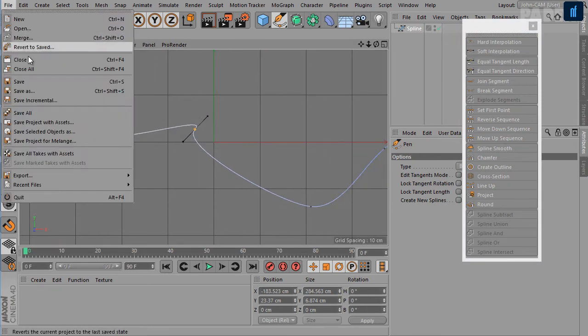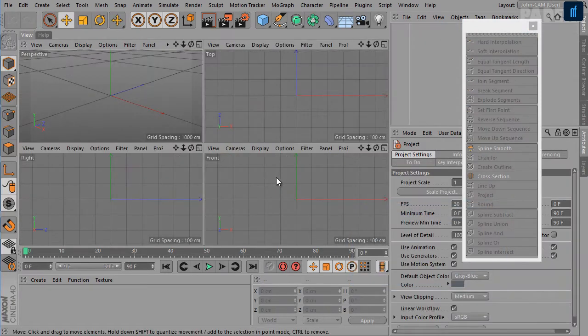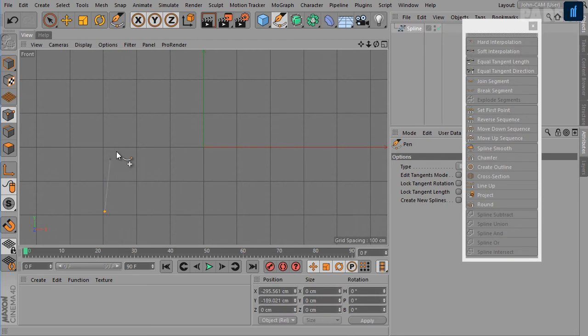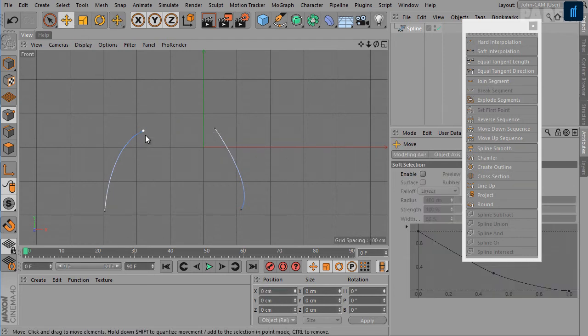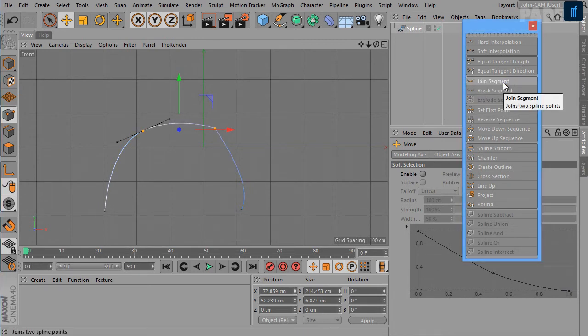So let's close this and create a new spline here and another spline. Now we have two segments. So what we need to do is select these two points, and then execute the command join segments.